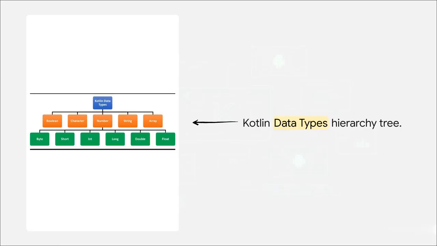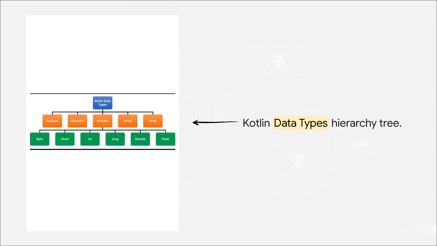To keep the information inside those variables strictly categorized, we look at the Kotlin data types hierarchy tree. Notice how everything branches out from the top? Now, here's a really cool thing about Kotlin. It's a statically typed language, sure, but it has this superpower called type inference. Basically, if you assign a number to a variable, Kotlin is smart enough to automatically infer what the data type is without you having to explicitly write it out. Pretty neat, right? But underneath the hood, the system is always sorting your data into these main branches: Booleans, characters,